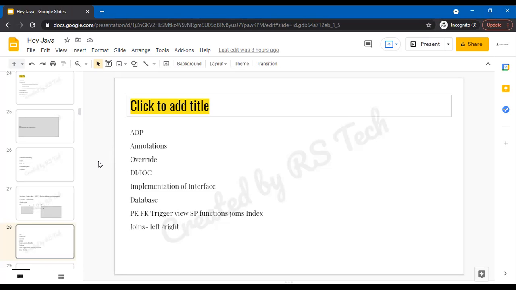I gave examples of multiple database connections. Again, in all these things, you have a hands-on program where from scratch I'll be developing in the class, and I will be changing the variables here and there, and on the fly I will be changing, and I'll show you what happens when you change this. So in this way, you will not see a pre-built application or a pre-built slide where I just tell you this is what this is. I even make mistakes in the class, and the errors I rectify. When I rectify, I teach you this is the error and this is how we have to solve it. So all those things are there.